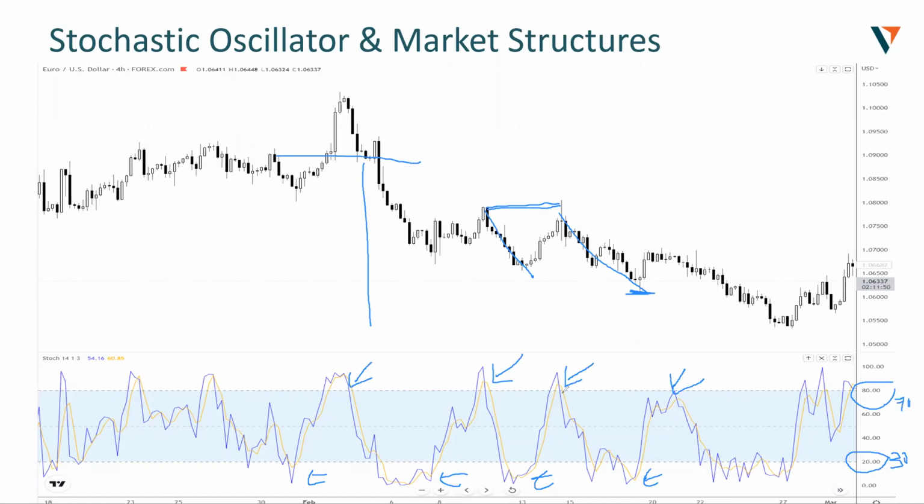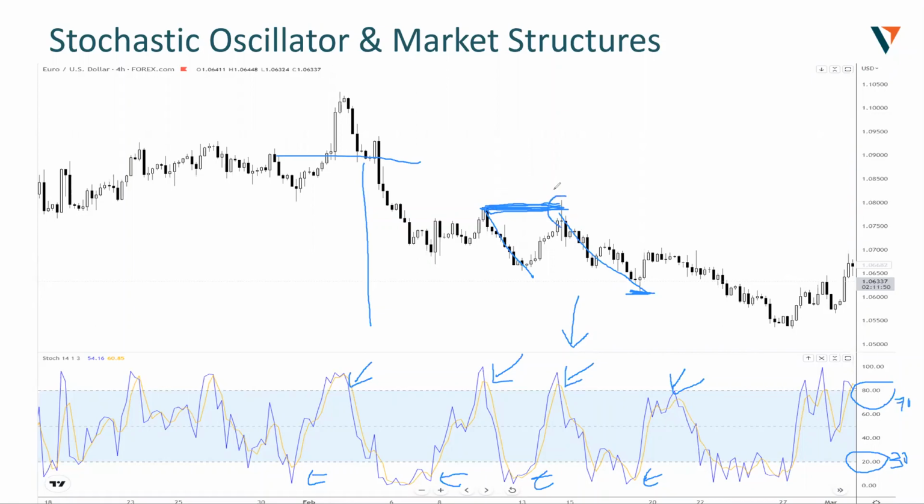so in this case, let me focus on this region, right? So we see that stochastics came into this region, it exited the overbought region. In this example, you also have a resistance area here. So you want to consider putting your entry at the resistance and then stop loss slightly above the zone, right? So even in an event that we are whipped up in this case,